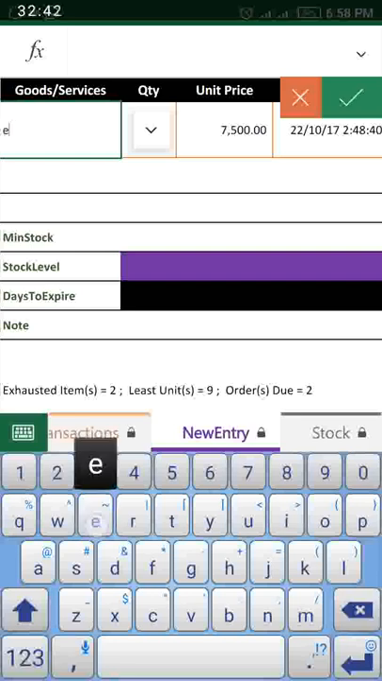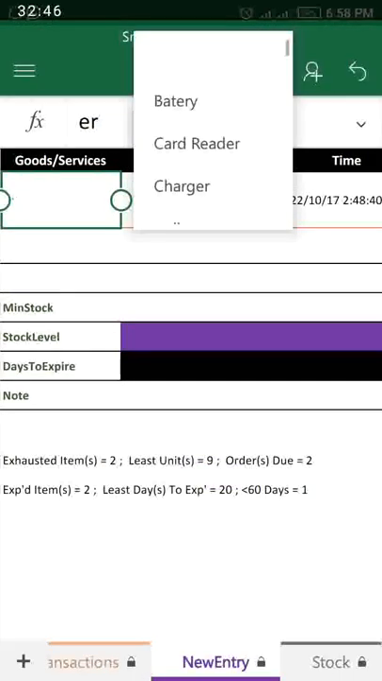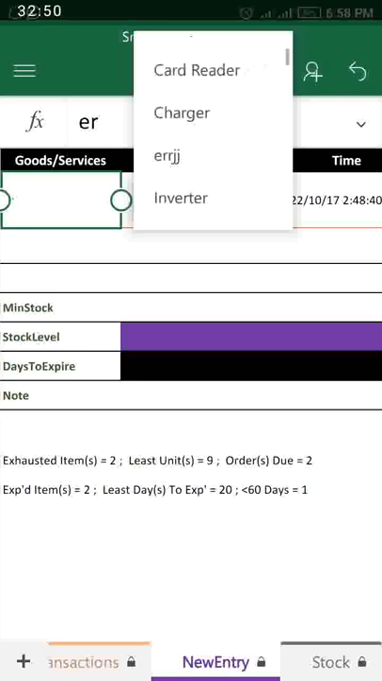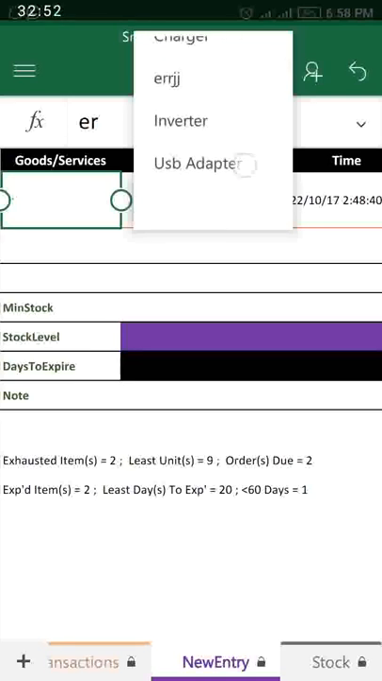Let me see CER. Let me just search and see. Good. Battery has ERO, card reader has ERO, charger has ERO, inverter has ERO, adapter has ERO. So you can now streamline, be more granular with your search by just entering more. So this can help us in case we have